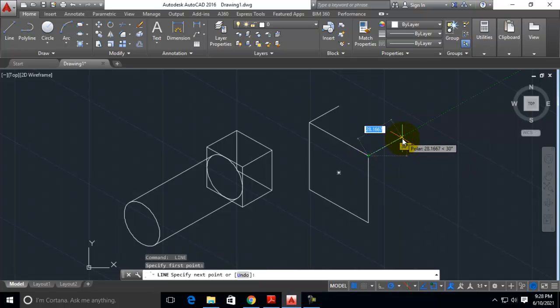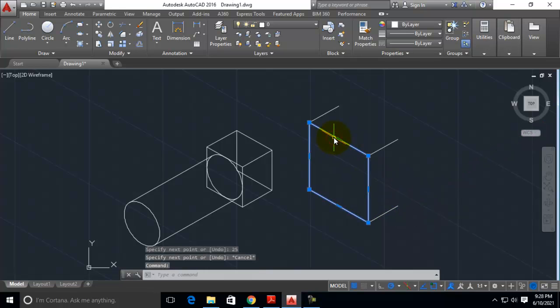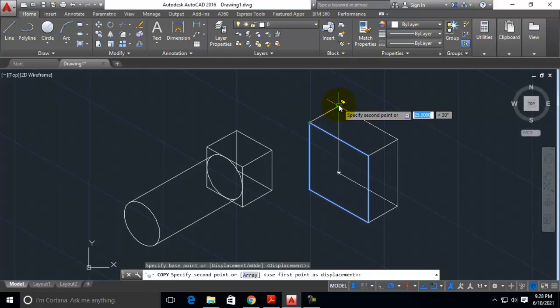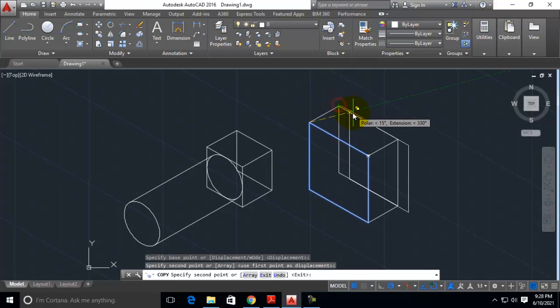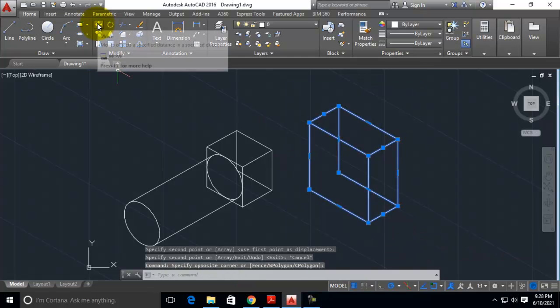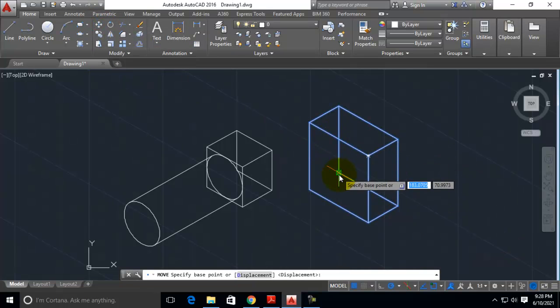Okay, 25 again here also at an angle of 30, 25. Now select this parallelogram alone. Use the copy option, base point as this point, and create a copy over here. Now you can select everything and use the move option. The geometric center of that particular parallelogram is visible right here, right? It is shown as an asterisk mark.